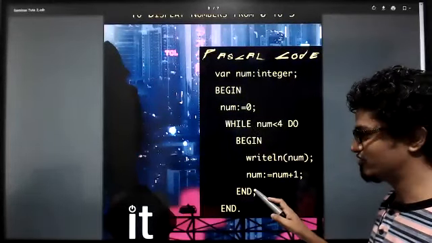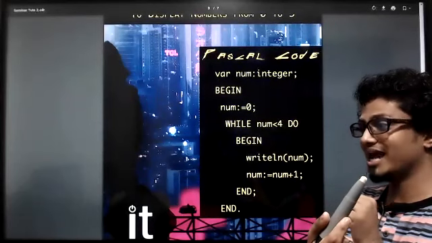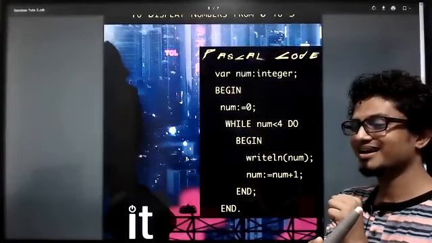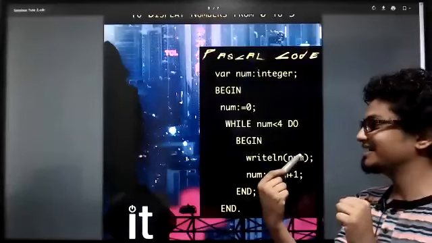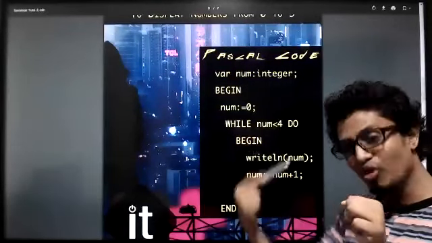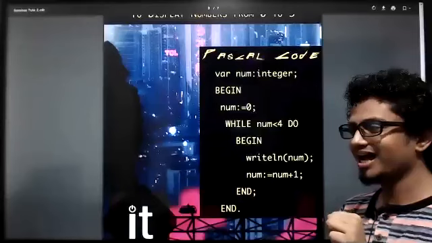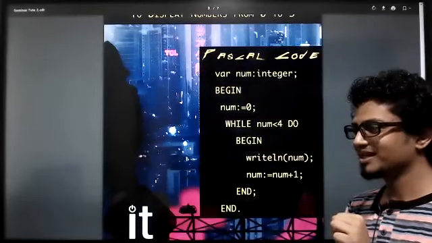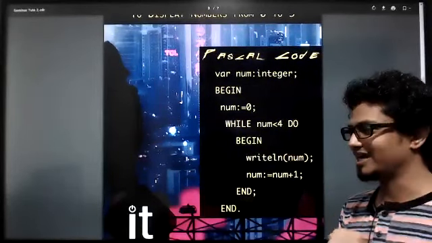Output and keep the cursor in the same line, right? Okay. But writeln means what? Write it and move the cursor to the next line, right? Okay, so very good. Last week also I taught you this stuff.